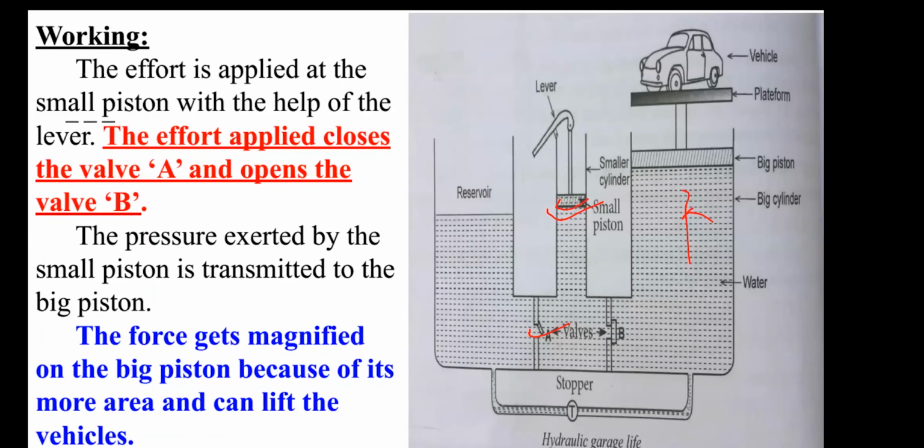Then how does it work, or what is the working mechanism of a hydraulic jack? That force is multiplied, or large force is produced on a big piston. So when a small force is exerted on a small piston, small piston मा चाहिँ हामीले एप्लाई गरेको फोर्स